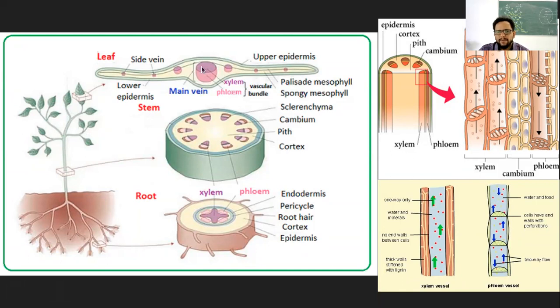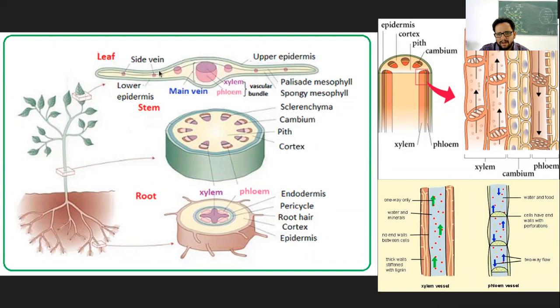And if you see, leaf also has it. A vascular bundle is shown here. So this is the central, like those veins that you see on the leaf structure, they are nothing but a vascular bundle, right? So let's say this is the cross section of the leaf. You can see what the cross section means here. There is a leaf, and it has been cut in a transverse section or cross section. So this is the middle vein or the main vein of the leaf structure, which has this xylem and phloem tissue.